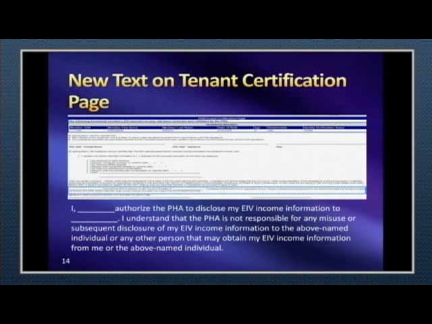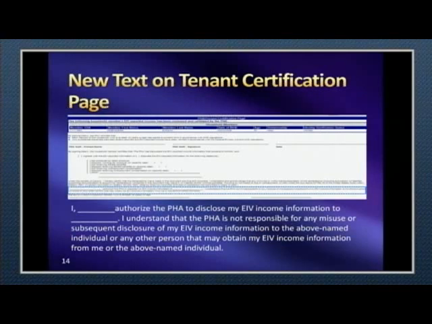Now, here's the new text on the tenant certification page, and basically, this is a cover-your-agency, CYA statement here to protect the housing authority, to authorize an individual. Your tenants can now certify in writing on the tenant certification page that they're authorizing you to disclose their EIV information to a third party.